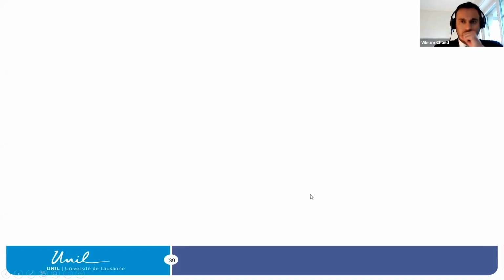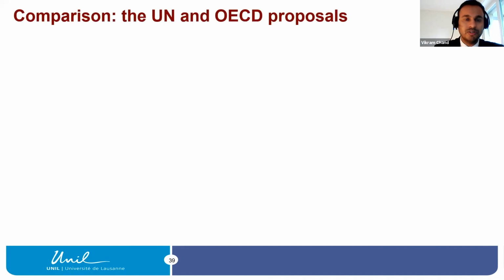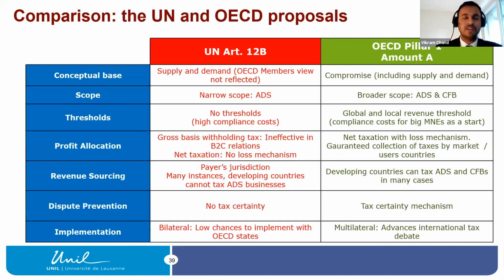So the UN proposal, as we all know, does not follow the net-based taxation approach. It's mostly a gross-based taxation approach. And there are many issues with the UN proposal, and I see the acceptability of the UN proposal to be really non-existent. If you just start with the conceptual base of the UN proposal, the way it has been written and designed, it's much more in favor of developing countries, and the OECD member views have not